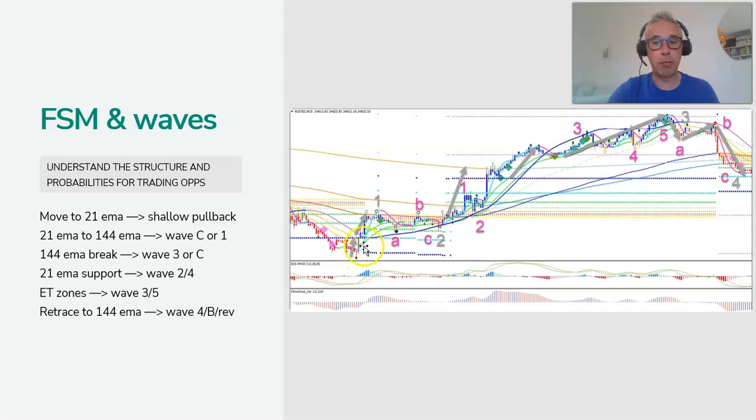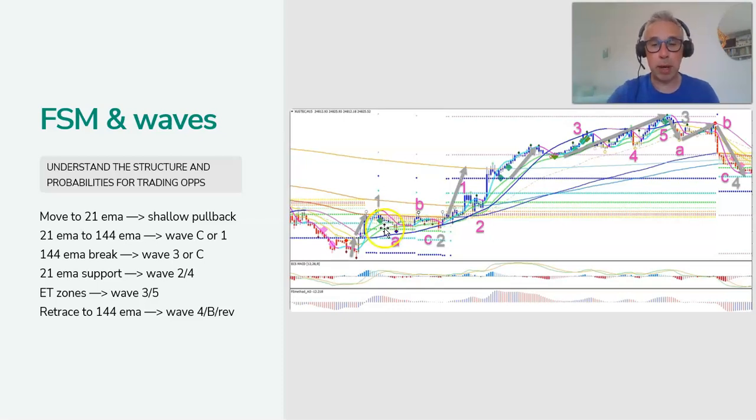Okay, so if price breaks above the 21 EMA, there's that potential for price to reach the 144 EMA, although it's counter trend. If price is at the 144 EMA, there's that potential for a bounce or break decision. And then, of course, I think it's still important to wait for confirmation from price action to tell me which is the most likely. But we have that understanding that this is an important zone.